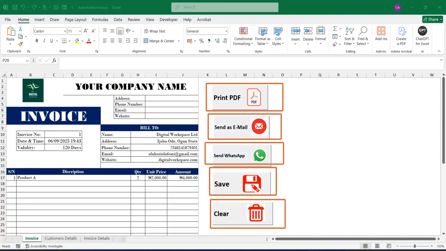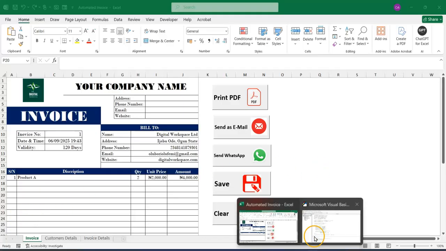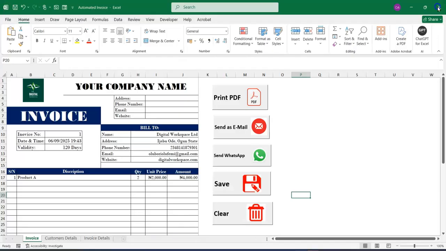Now, after we have done all of these, let's test what we have done, whether it is actually working. So to do that, I'm going to close this. I will save this. I've saved it. Now first and foremost, this invoice that we have prepared, let's test this button and say